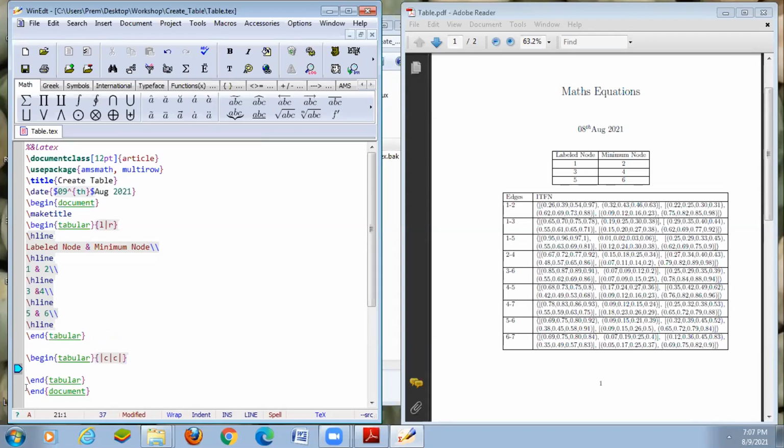So the first column is what element is in it. Before that we can use the horizontal line. Again we can use that.